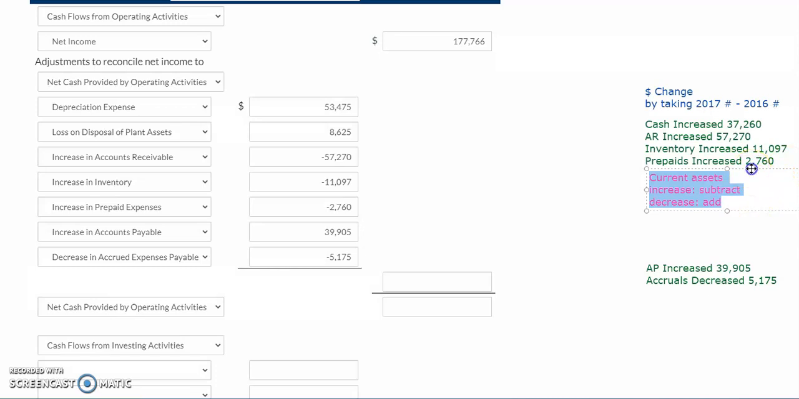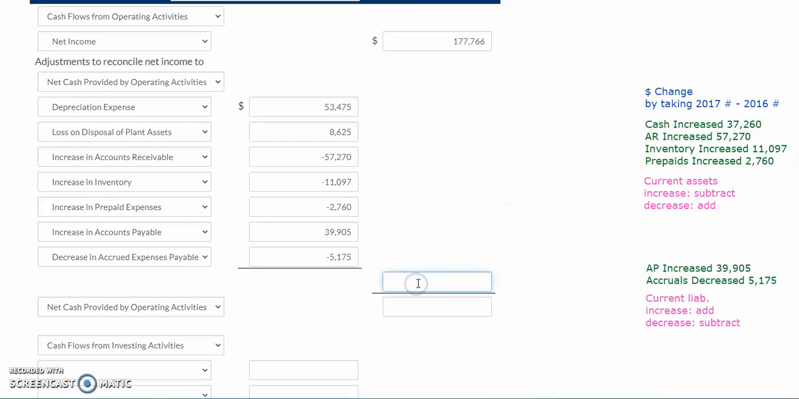And the opposite will hold true for your liabilities. For your liabilities, if they increase, that means you haven't paid that liability yet, so you'll add it. If they decrease, that means that you've paid for it, so that will reduce your cash flow, so you'll subtract that. So take some time to add and subtract these numbers, and once you do that, you will realize that